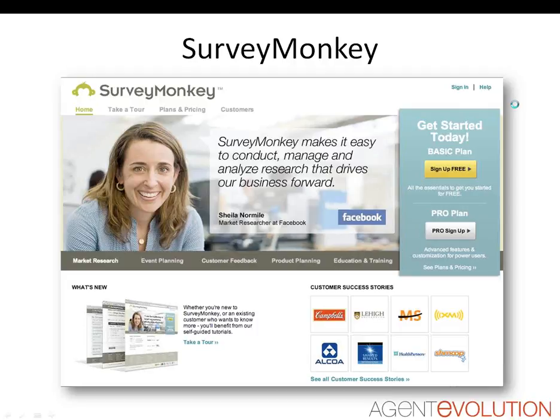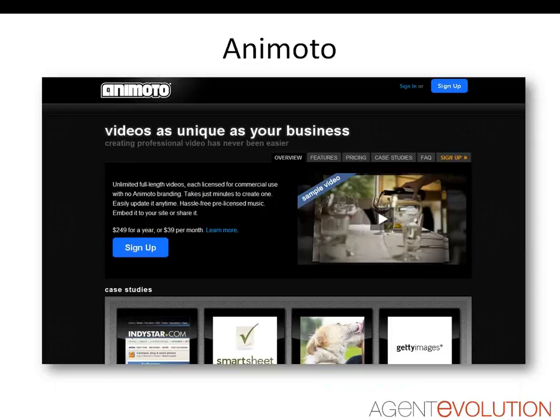Now, I don't know if you've heard about this tool, Animoto, but it's definitely my most favorite application for creating visually stunning animated slideshows with photos, even little video snippets that are set to music. And it's extremely affordable. It makes you look like a pro, even if you're doing very little. I mean, you seriously just go here, you upload a couple of items, and it does all the animations for you.